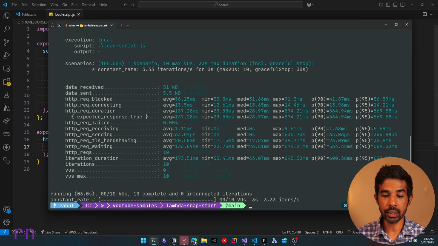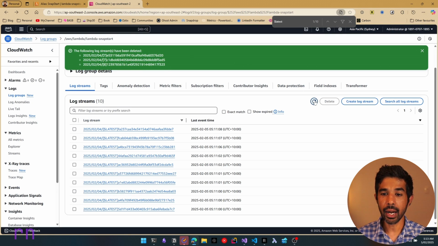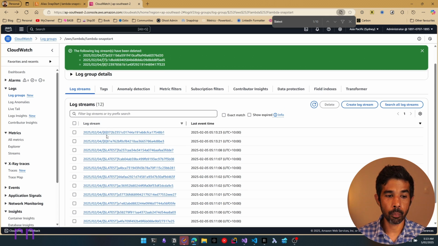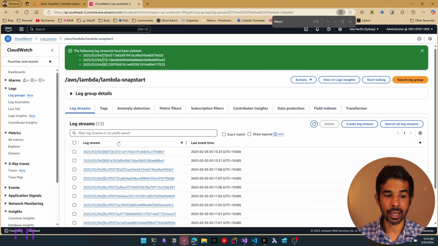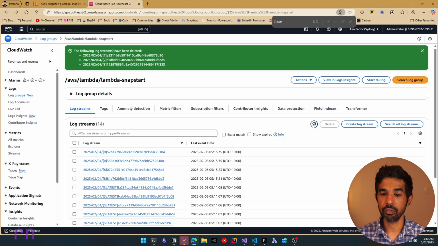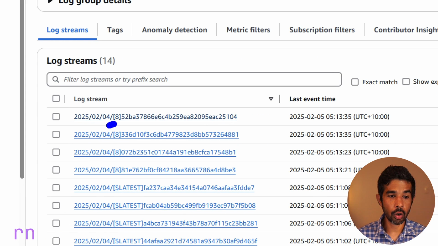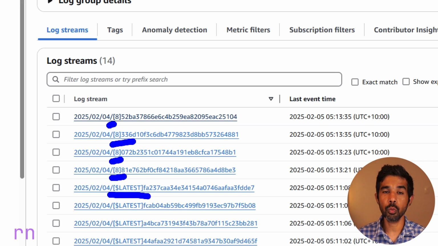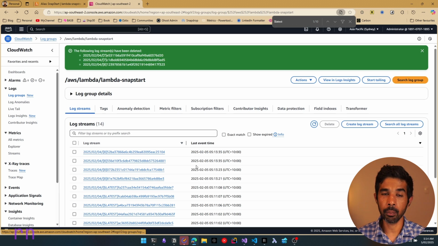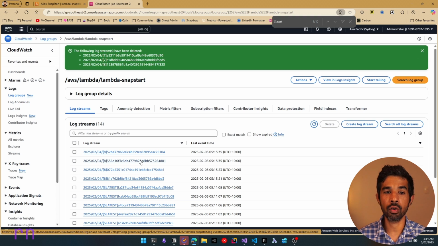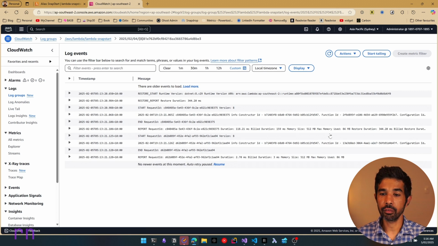The test has completed. If I navigate back into the console and refresh this, anything with the bracket 8 is invoked against the new Lambda version. Once you refresh, here you can see we have 4 instances of Lambda functions created with the version tag 8. Prior to that, it's all the $latest, which is from our previous request. So in this scenario, with Lambda SnapStart enabled, Lambda only had to create 4 instances to serve the same amount of requests. If I navigate into one of them, you can see that the restore duration is around